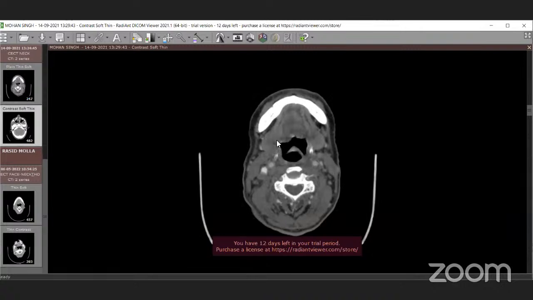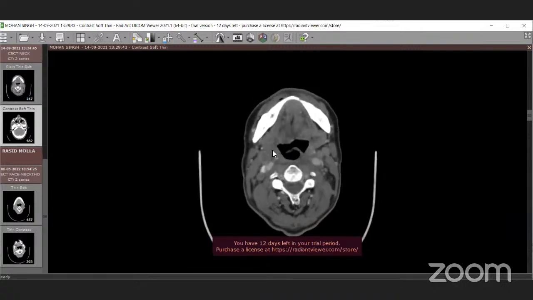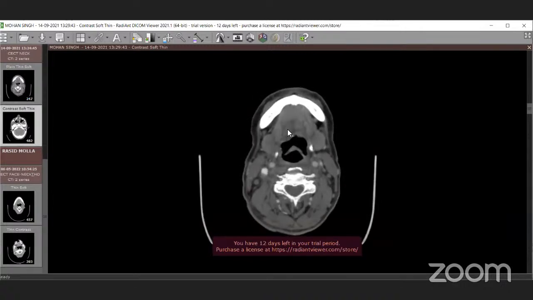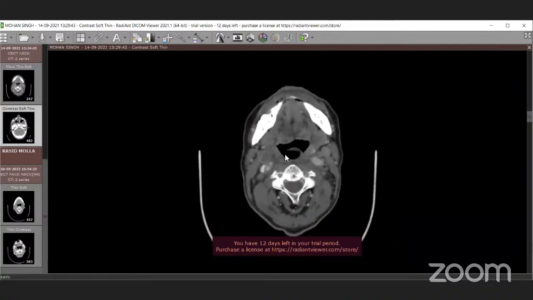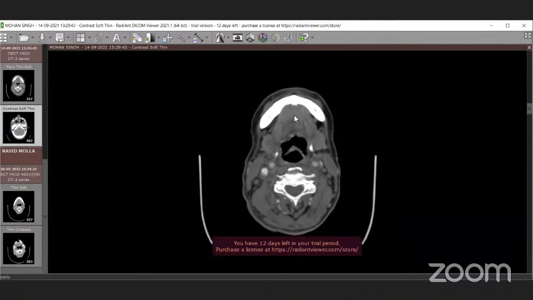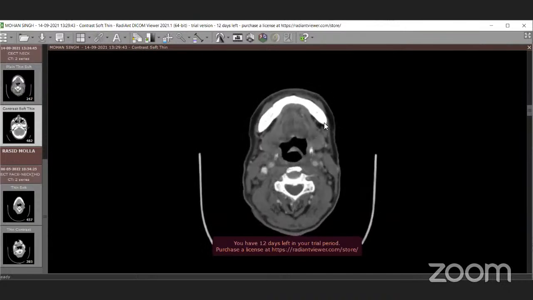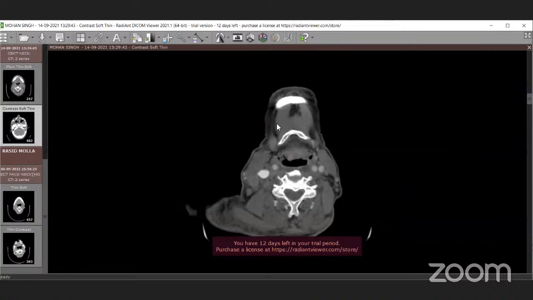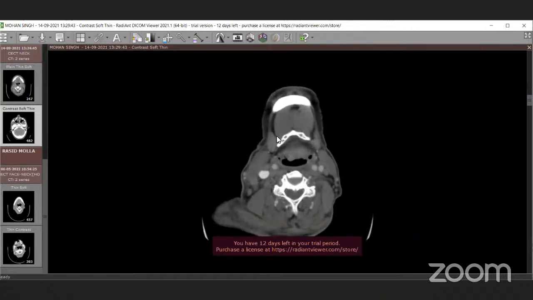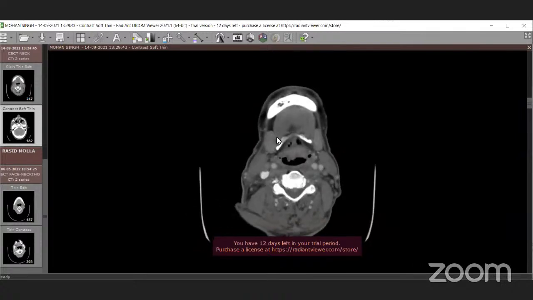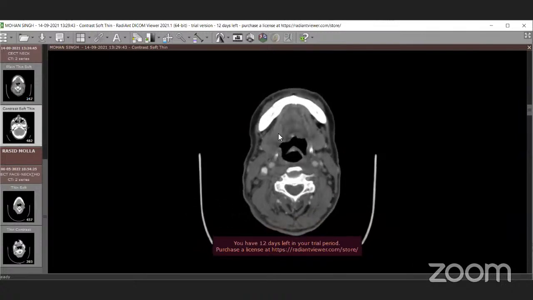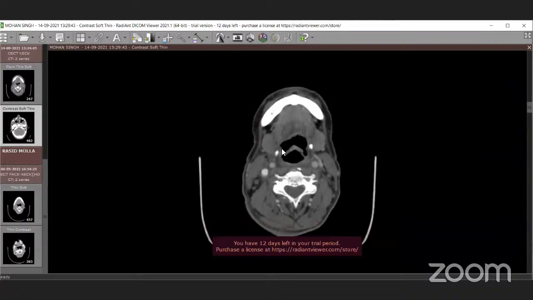It lies in between the submandibular gland here and the muscles of the tongue here. The anterior belly you can see separately because of the fat on either side. It tapers down and then again goes posteriorly between the submandibular gland and these tongue muscles.